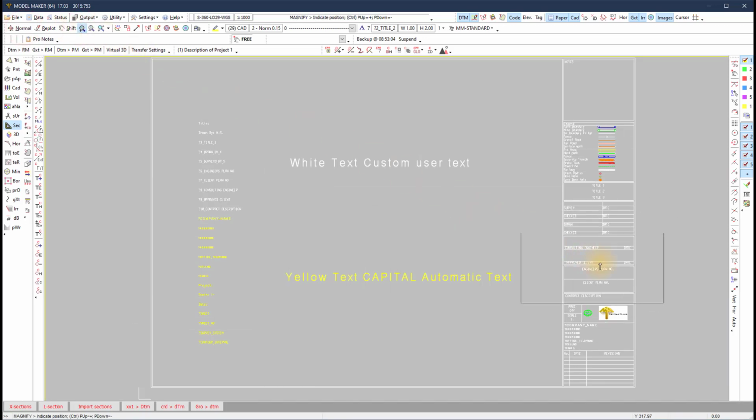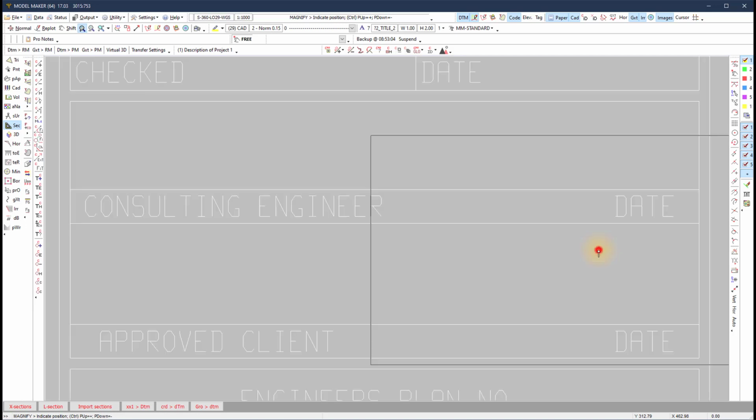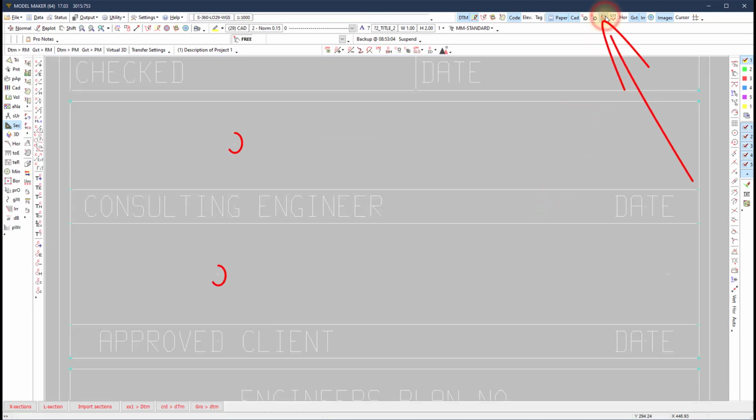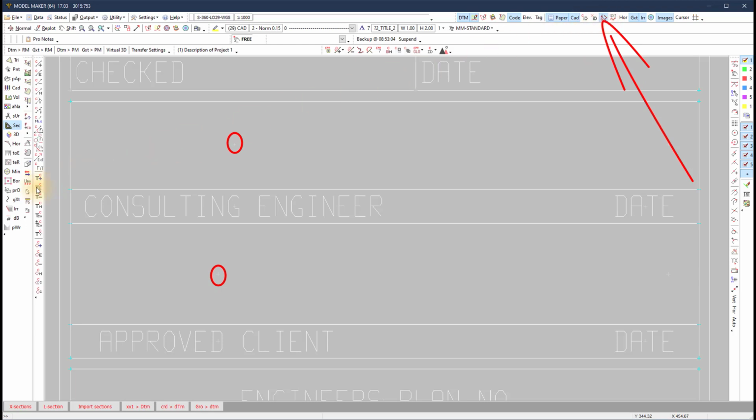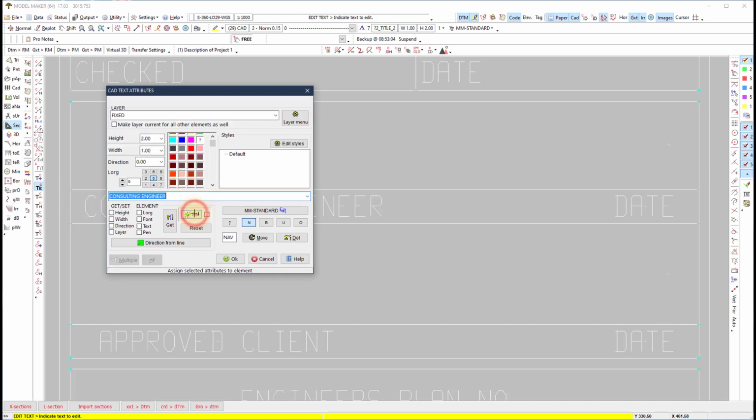Add the user-defined and fixed text to your title block. For some of the text I added, you will need to turn on your endpoint display to see where the text origin is to select the text. There is also the text that stays fixed in a title block, normally the headings and the prefix to a description. These can have any CAD layer name without a question mark in front of the layer name.